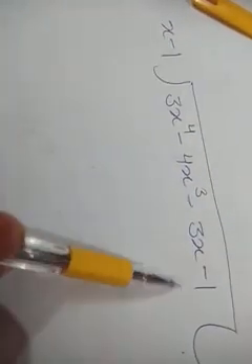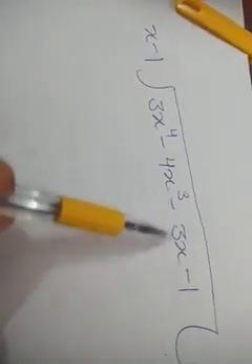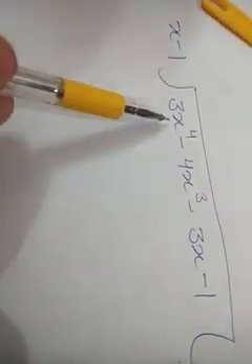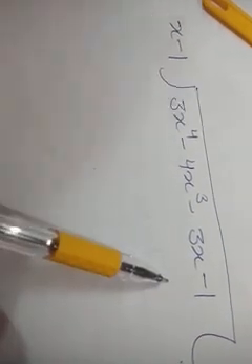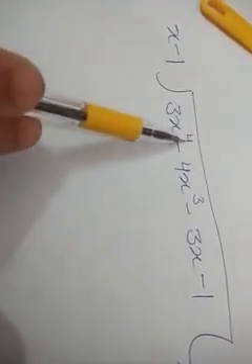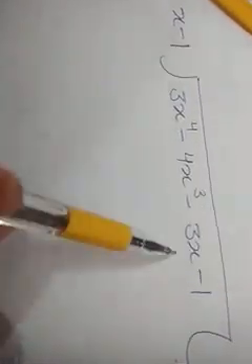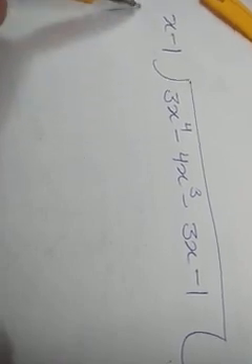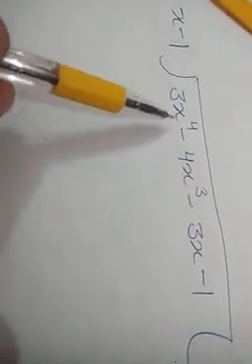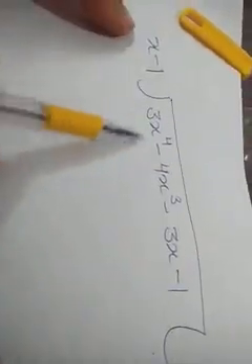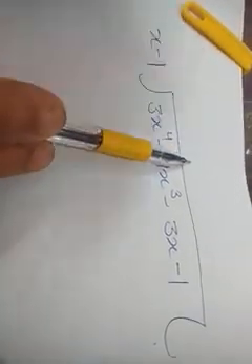We want to divide this polynomial 3x power 4 minus 4x cube minus 3x minus 1 by x minus 1. So we want to remove firstly this 3x power 4. Before it, firstly check that they are in decreasing order or not. Firstly 4 degree term, 3 degree term, 1 degree term, 0 degree term. So these are already in decreasing order. Divisor is also in decreasing order, so it is right. Now start division. So we want here 3x power 4.